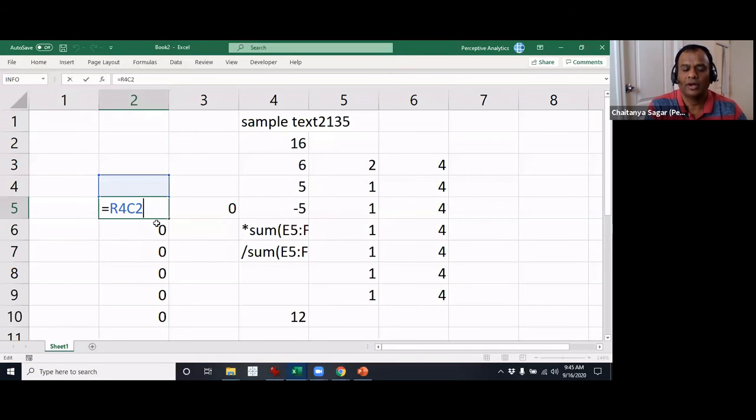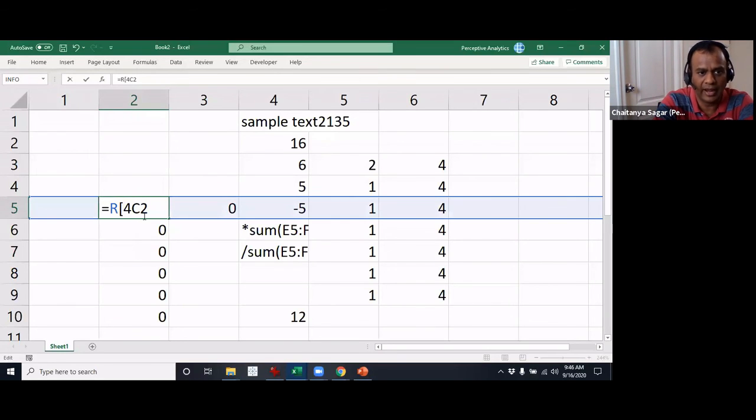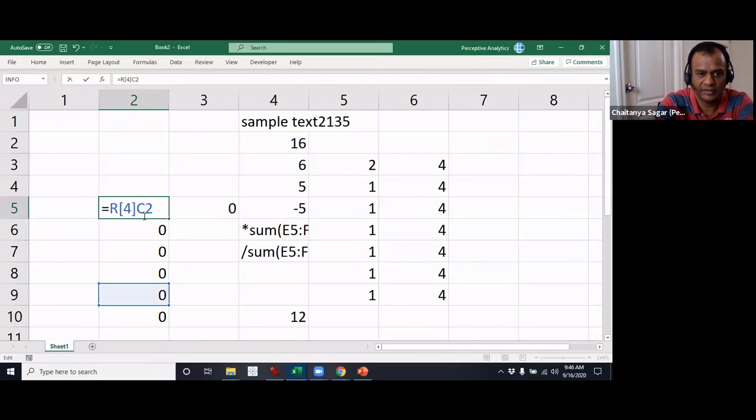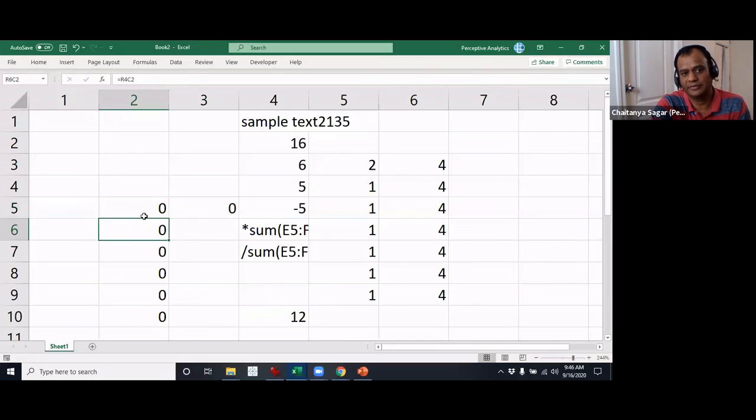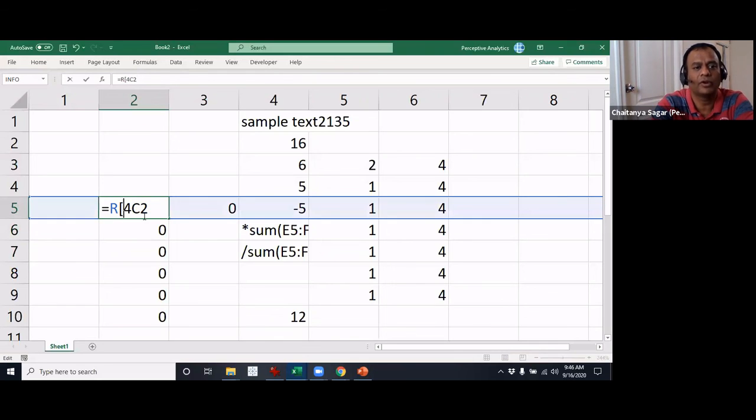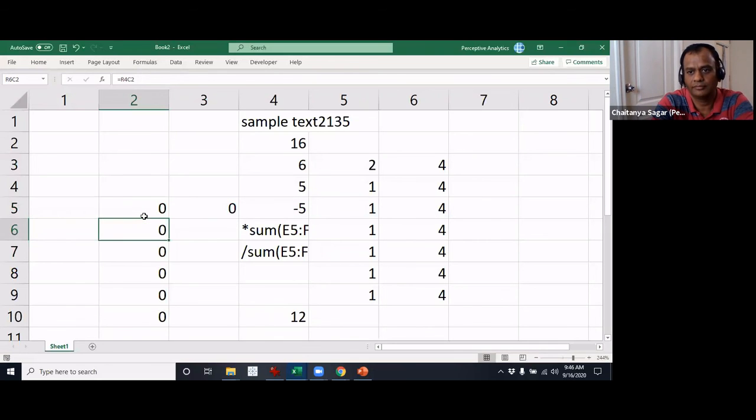C2, yes. So basically, I think there is one more thing I would like to add. I don't know this much actually because I haven't used it much. What it's doing is when you say R4C2, it is automatically taking you to row number 4, column number 2. But like we discussed before, if you add these square brackets, then it actually becomes the plus or the minus. Without those, it basically tells you it is row number 4 and column number 2.